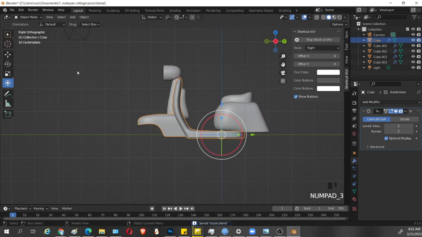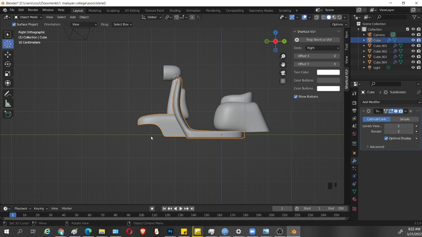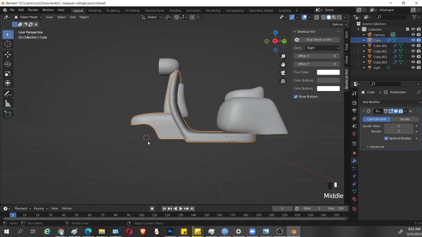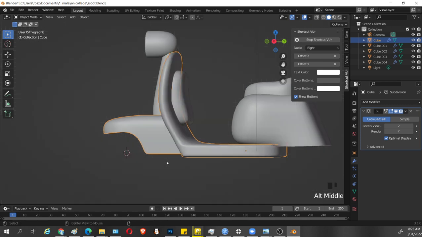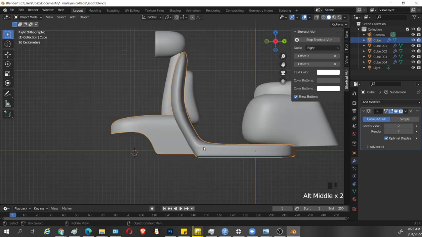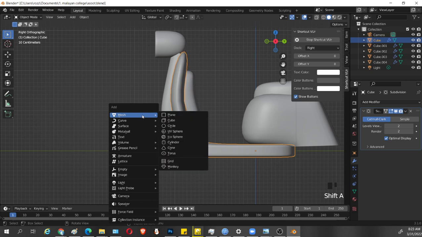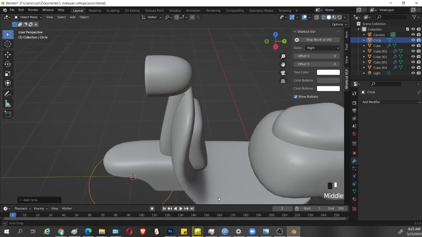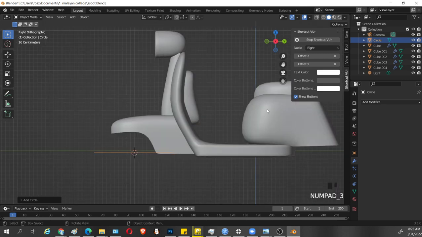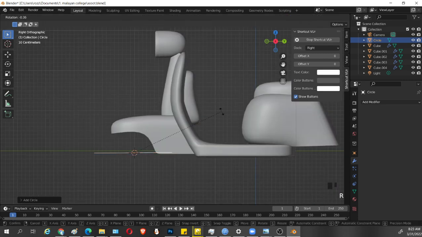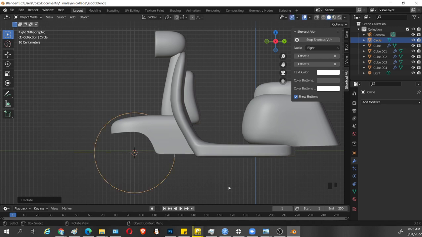Alright, so let's select the cursor and put it around here. Okay, then click back on the selection tool. So press 3 or Alt middle mouse to the side, Shift A, mesh, then add a circle. You don't see it because it's like that, so you have to rotate on Y 90 degrees. Okay,